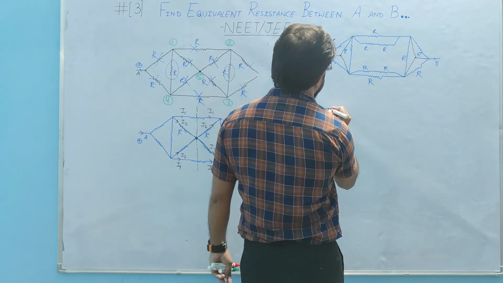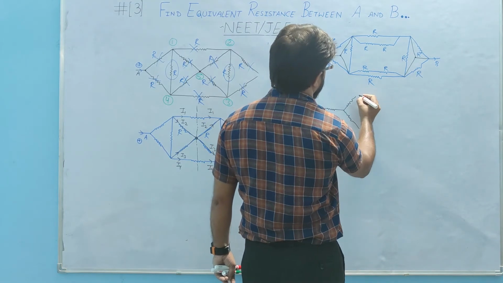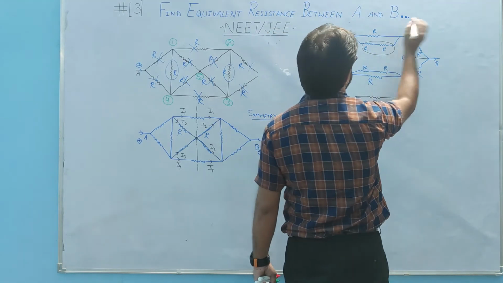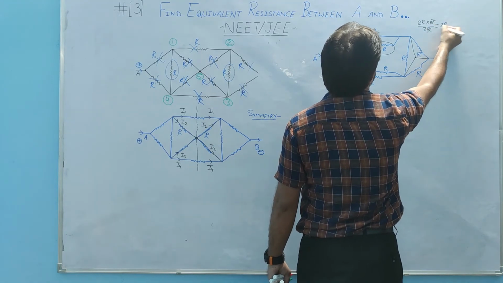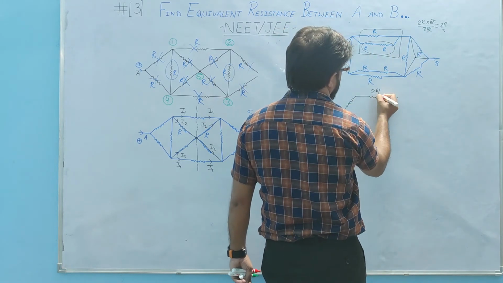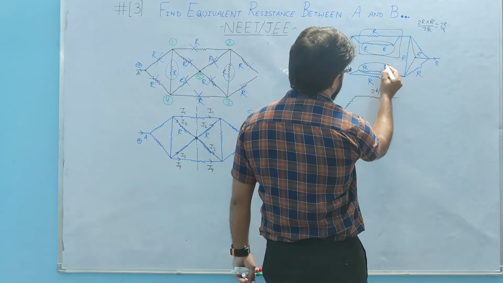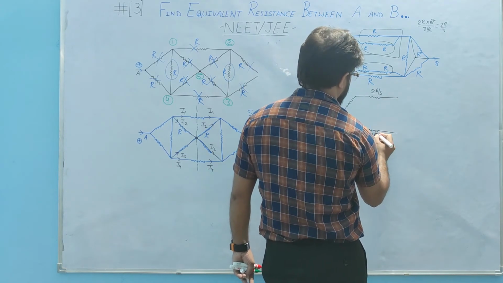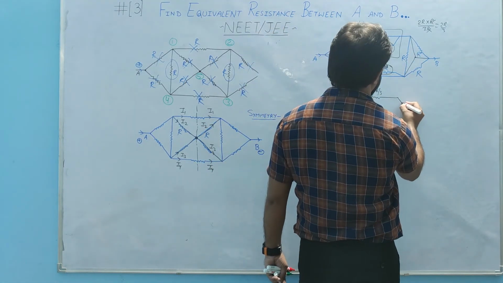So this is like this, this is like this, this is like this, this is R, and now I am quickly doing R, 2R, 2R and R in parallel, 2R by 3. So this full section is 2R by 3. Similarly here in this section, R plus R is 2R, then 2R and this R will be in parallel, and this is also 2R by 3, the same value, and here also the star is created.